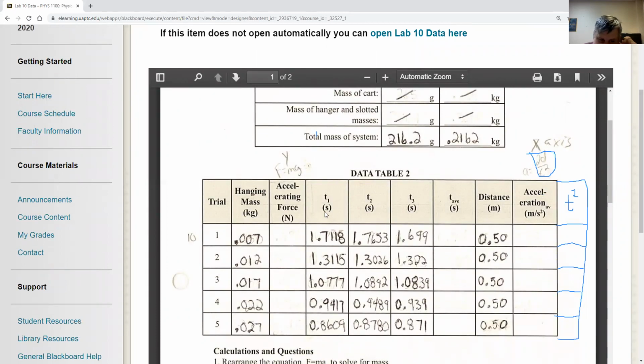All right, so again, this first number is going to be using the hanging mass, and we're going to multiply the hanging mass by 9.8, which is the acceleration of gravity, and that will give us the accelerating force. So on this first one, it's going to be 0.007 times 9.8. And what I get is